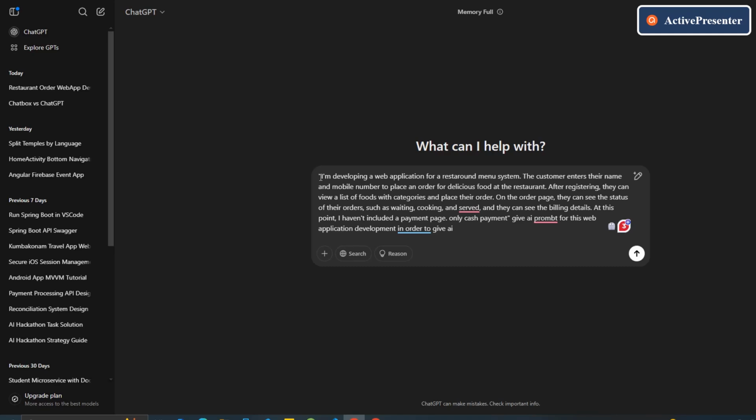In this app, the customer can register using their name and mobile number. Once registered, they will see the delicious food menus, and in that dashboard they can select items to order. For now, I am requesting a basic registration system and a small menu with different categories like starters, main course, dessert, like this. Once a customer places the order, they should be able to track its status, such as